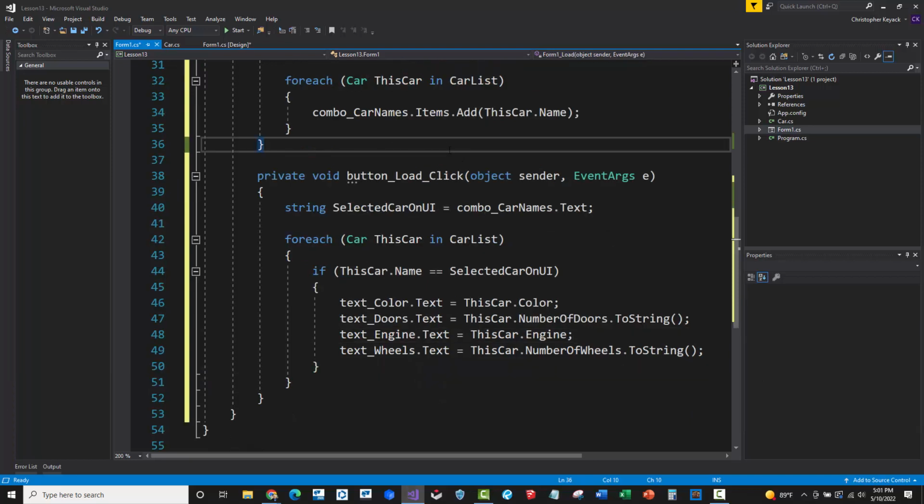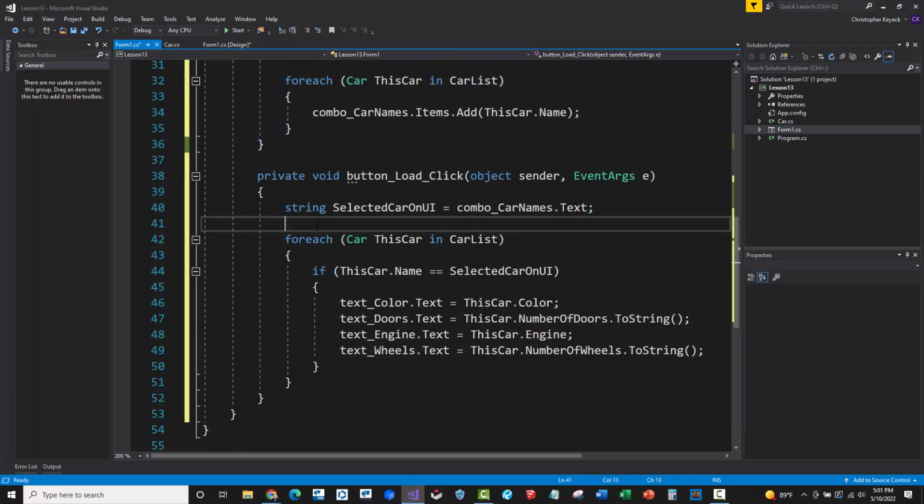Okay, so if you want to pause the code here and take a look at what we've done, we're actually using a variety of different things that we've learned in the previous training videos. We're declaring a new string data type. We're getting the text value from the user interface. We're doing a for each loop, and we're looping through each of the car objects that are in the car